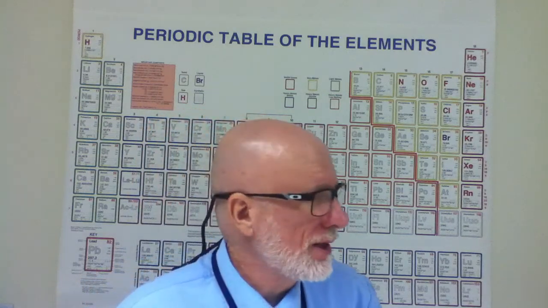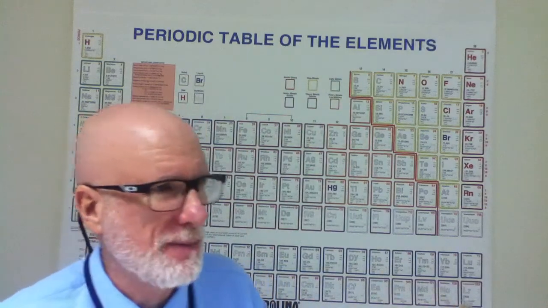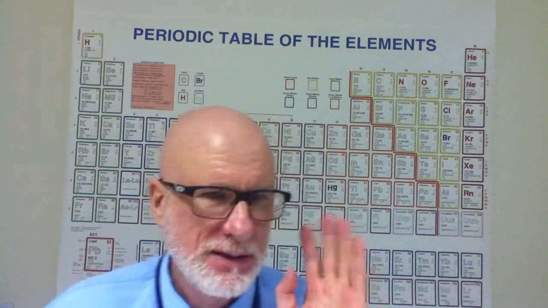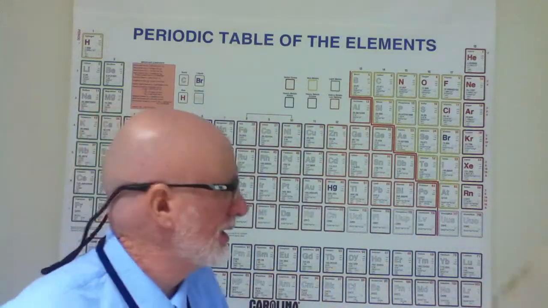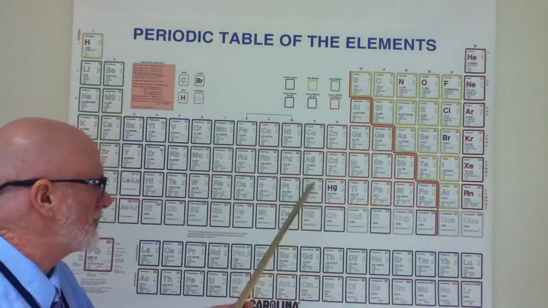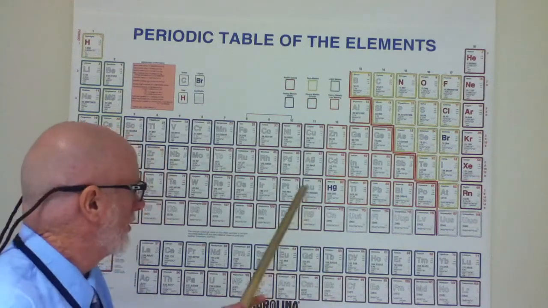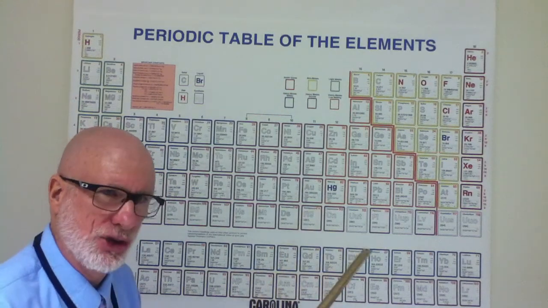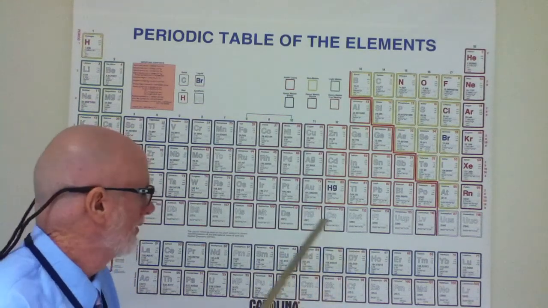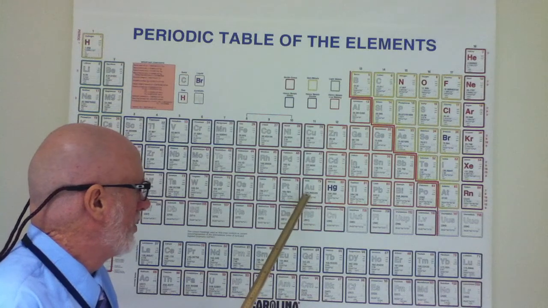Okay. All right, now. So what we're starting today is the periodic table. You've graduated from the blank periodic table to something that has symbols on it, etc. Now, let's look and see what we have here. In this particular periodic table, let's look at gold. Okay? You have the name gold. You have the symbol Au. Yeah? And you have